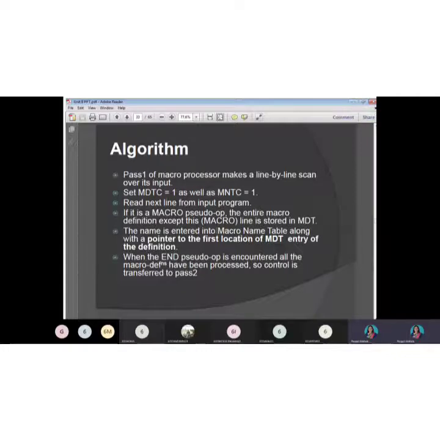The name is entered in the macro name table along with the pointer to the first location of the MDT entry of the definition. And when the end pseudo opcode is encountered, all the macro definitions have been processed. So the control is then transferred to pass 2.